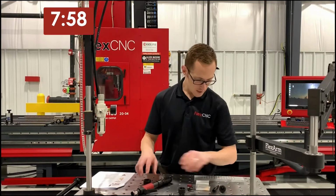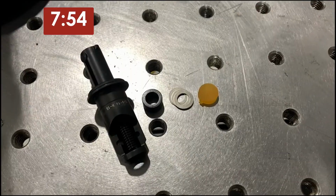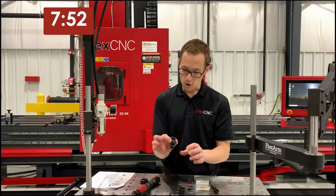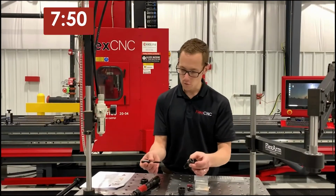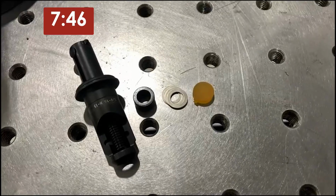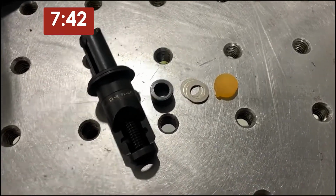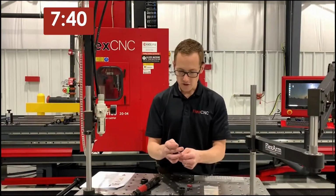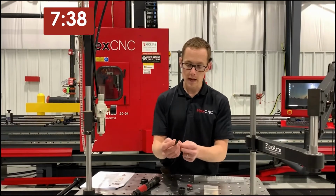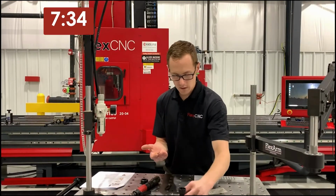So next, this is an example of a front end assembly. This is a 3/8 16 front end assembly. This is our nozzle. This is the mandrel. And each one comes with a bag of cushions and spacers. The cushion goes into the large adapter, and it helps cushion your mandrel, your driver. And then different spacers here